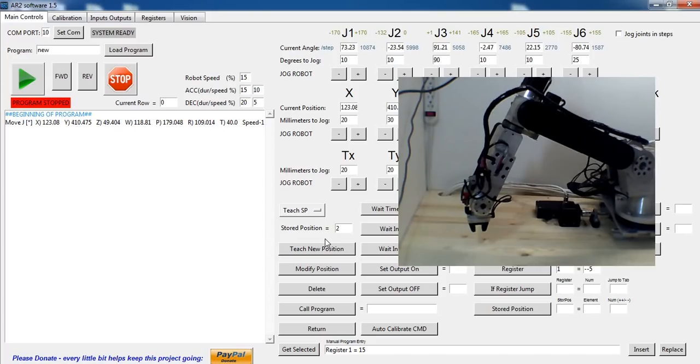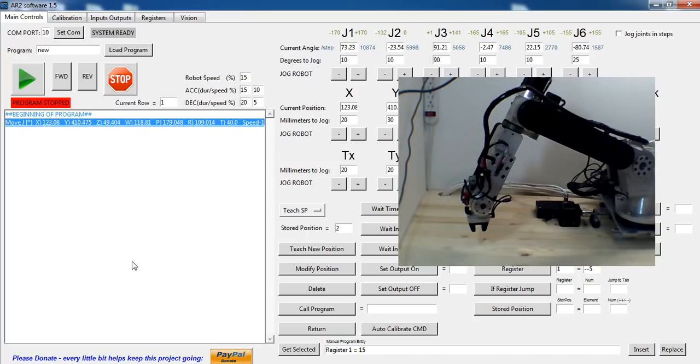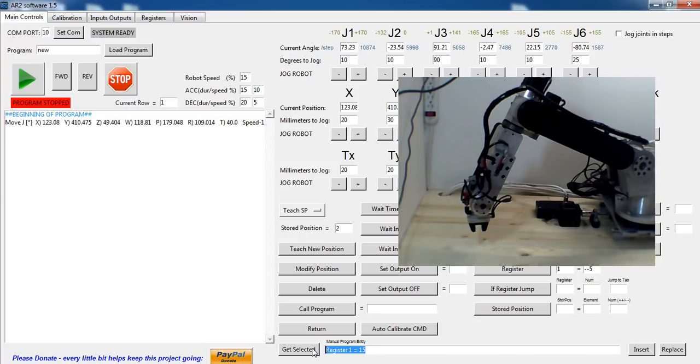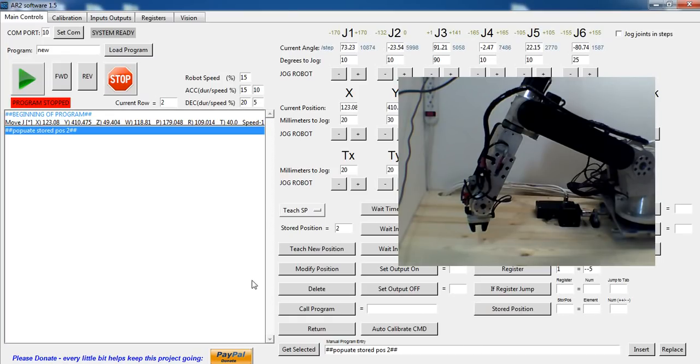Okay, so now that I'm on teach stored position and stored position number 2, I'm going to put in a comment, and I'll just call that populate stored position 2. So I'll just insert the comment so that I know what I'm doing. I'm incrementing it. And so now that that's selected and that's selected, I'm going to hit teach new position,